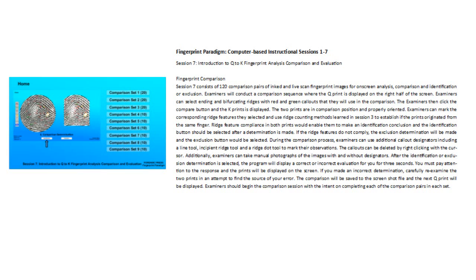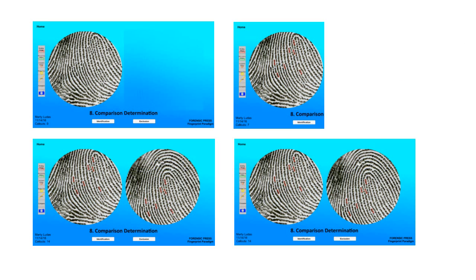Okay, it all comes down to this. In the final session, you have to bring all the skills, luck, and patience you can muster in the comparison of these 120 prints in 9 comparison sets. But let's look at how you're going to do this. First thing that comes up is this is the fingerprint that you're going to be looking at as the original known print. You have your toolbar here, and you can mark it up